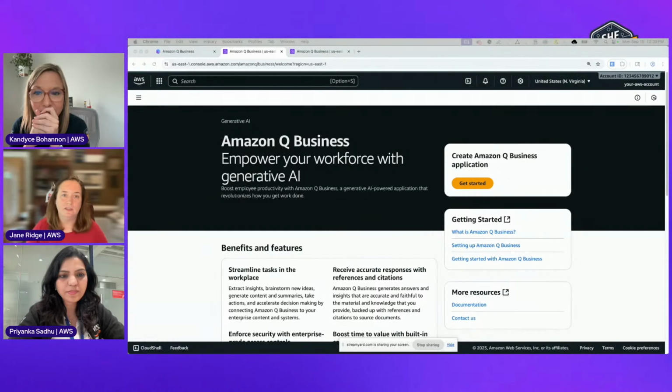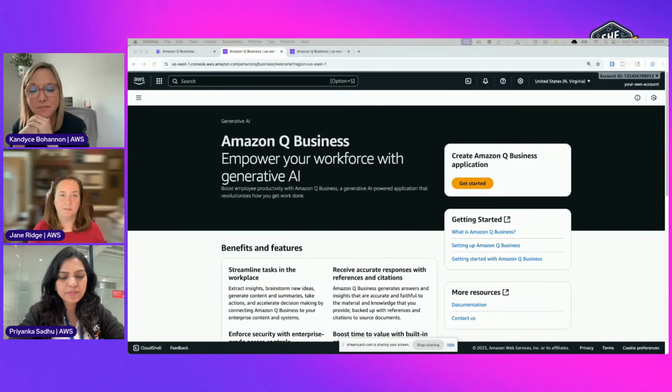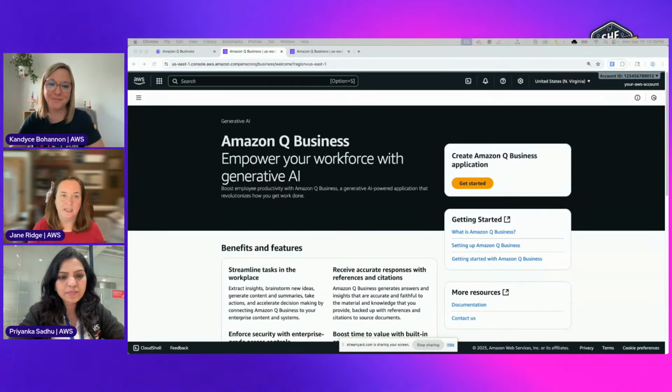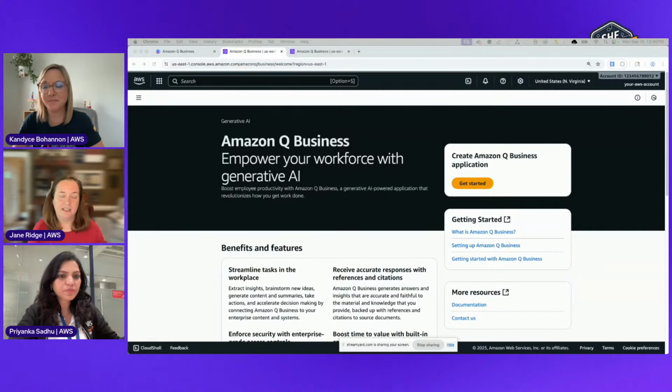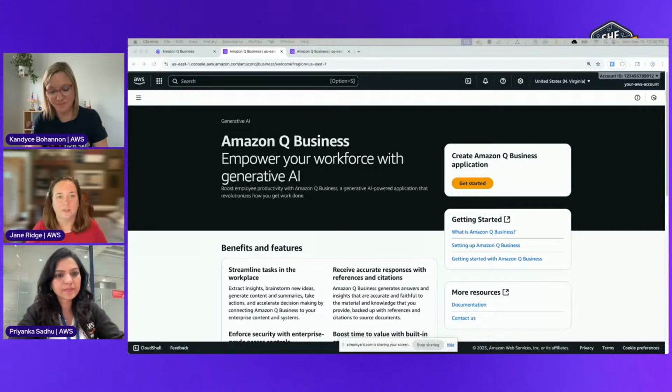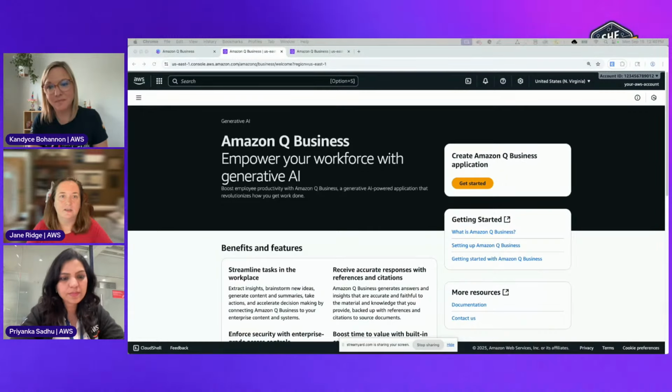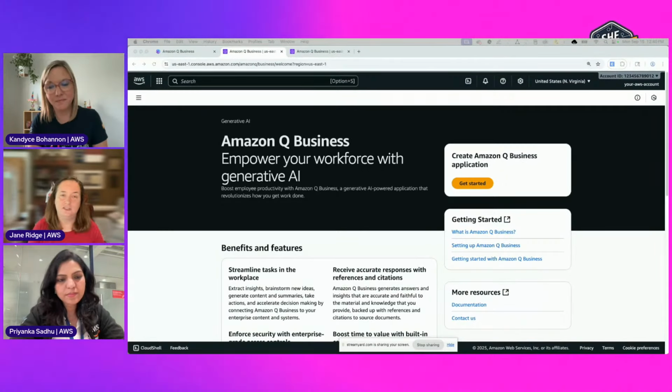So a managed service, for those of you who might not be familiar, it's something that you can just use out of the box. So Amazon is really amazing because they provide, we talk a lot about Legos, right? You can build anything, you can take a piece here, a piece there. When you have a managed service like this, it's nice because it enables you to just quickly get started. You're not having to figure out what are all the pieces I want to put together? And so when you have a managed service, it's just there for you.